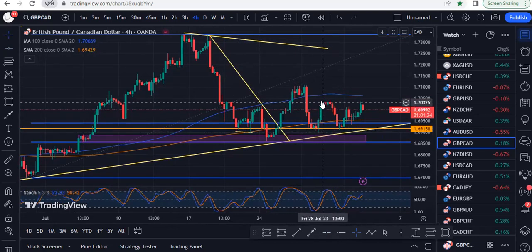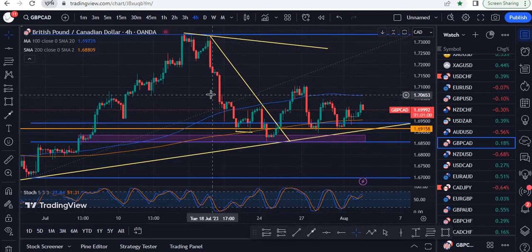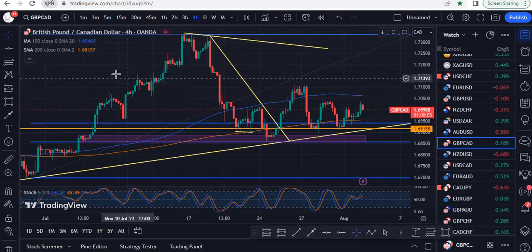The market started to go up and came back again to test that level, making a double bottom, which gives confidence and shows it's possible for the market to go up. Now we have a double bottom here, and this seems like a head and shoulders again, but it's not really a head and shoulders, but something similar. I don't know what they call it, but